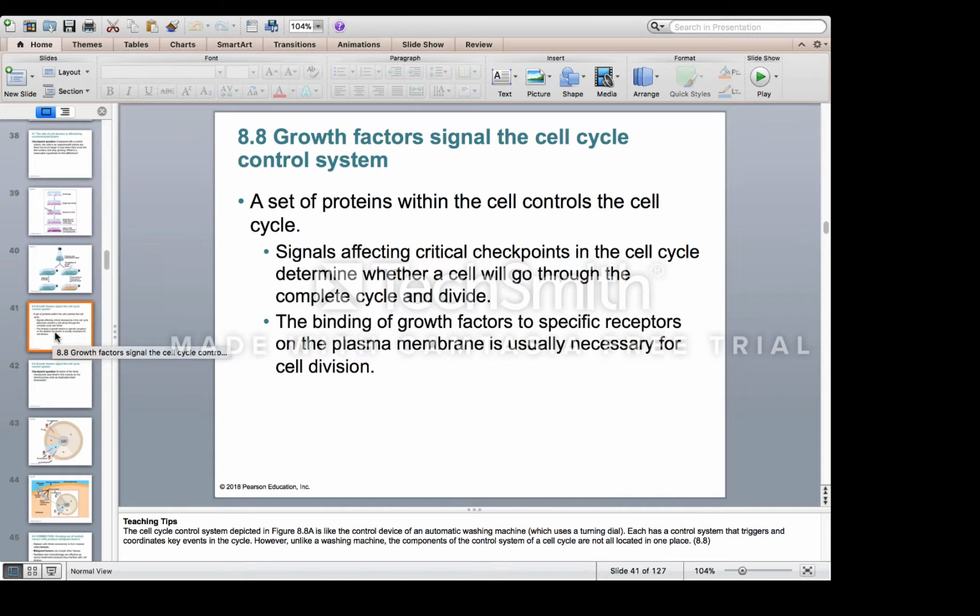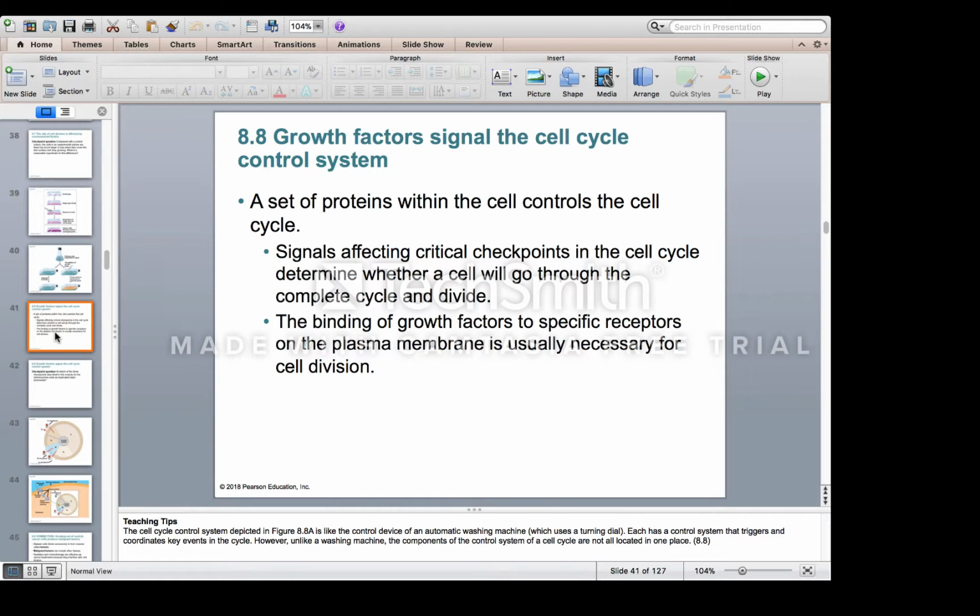Proteins are essentially embedded inside the signaling mechanism of the cell. So what happens is there's a critical checkpoint in the cell cycle that determines whether the cell will grow through the complete cycle. We talked about checkpoint 1 and checkpoint 2, after growth 1 or gap 2 or growth 2, which flank the synthesis phase of interphase. That's a very important checkpoint, because if that doesn't happen, the cell cycle will undergo arrest and just stop. There's a lot of growth factors that tend to bind, and there are specific receptors